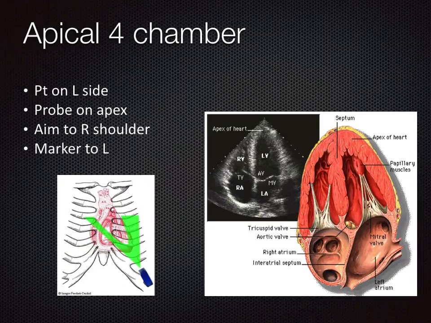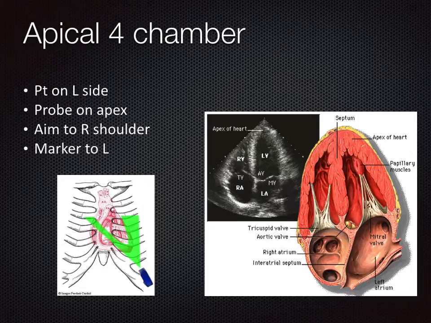Now there's some views that can be achieved from the apex of the heart, and these are called apical windows, and there's actually quite a few depending on which orientation you have your transducer. The typical one that most people will start off with is the apical 4-chamber,